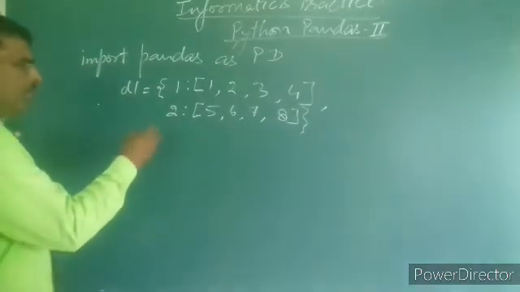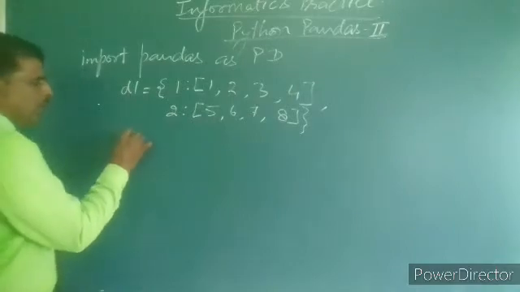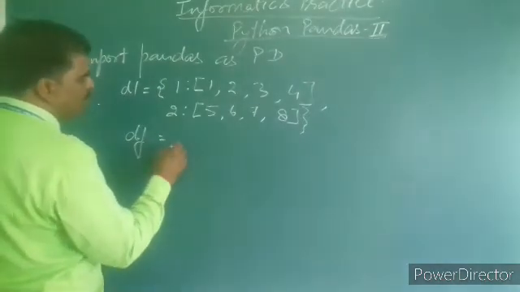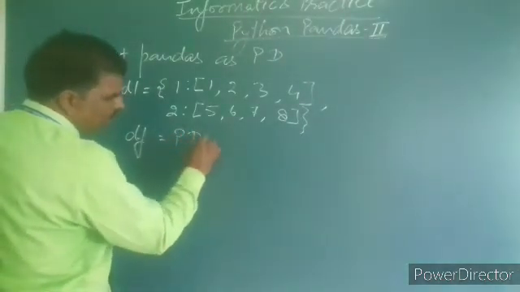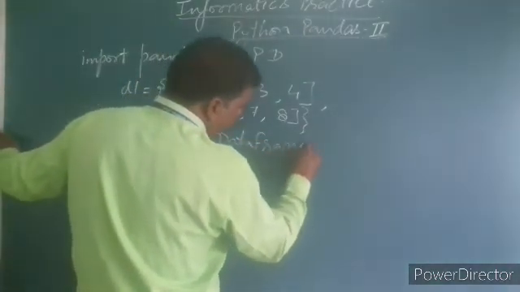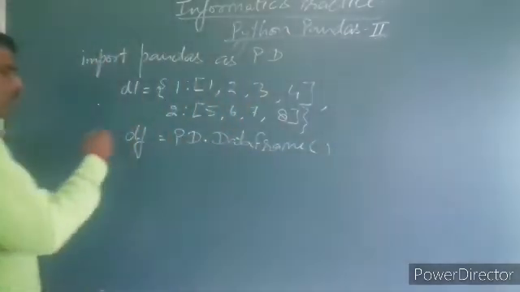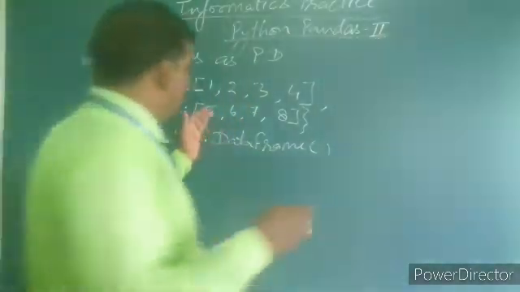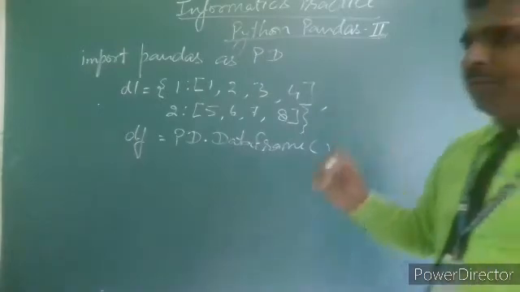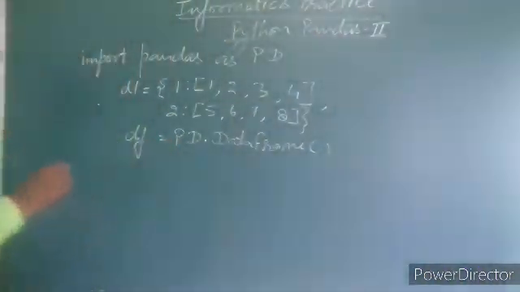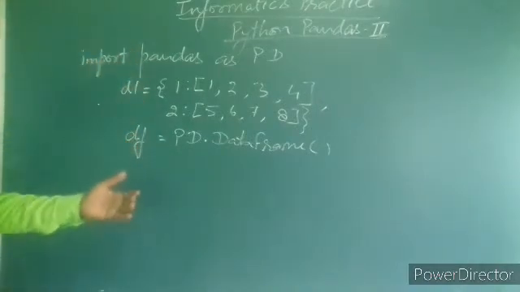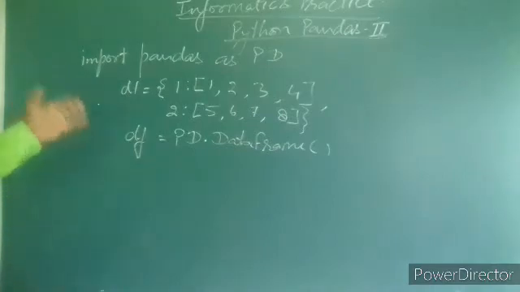After that, we are taking one data frame like df equals pd.DataFrame. So it can be converted in the form of a data frame. In the form of tables it can be shown in df. After that, if we want to apply counting, how many elements it is having, and what is the sum of all the data.